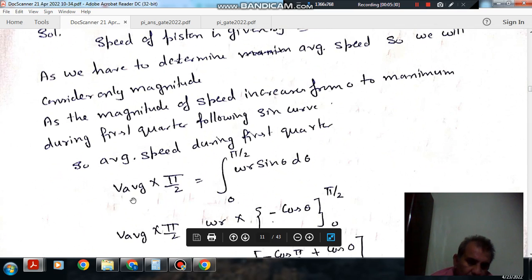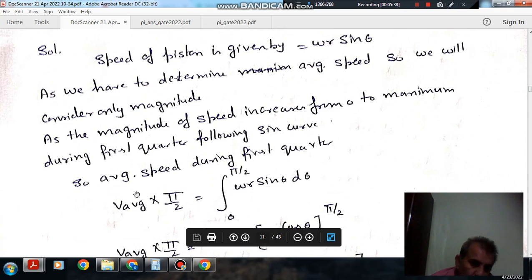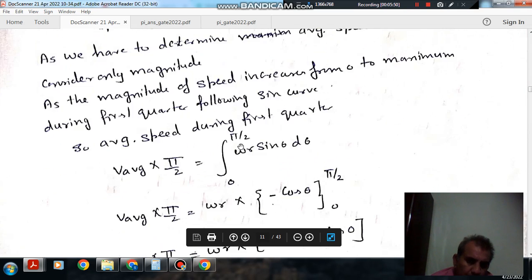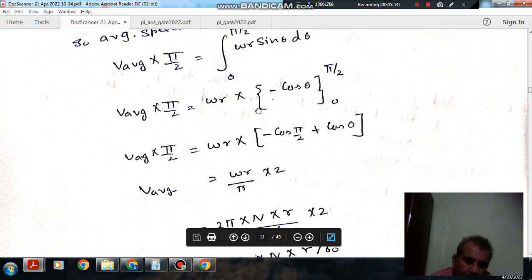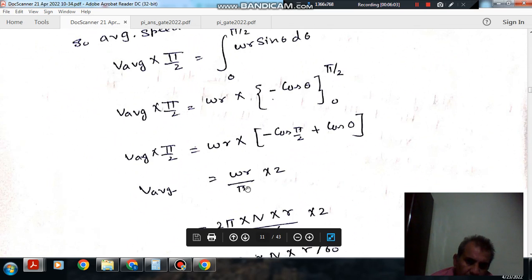So let V average be the speed, as the speed is varying as V = omega r sin theta. To calculate the average speed, we integrate this speed within 0 to pi by 2 and then divide by pi by 2. So we get the average speed during 0 to pi by 2. The integration will be minus cos theta, and putting in the limits it will be minus cos pi by 2 plus cos 0, or it will be omega r into 2 pi,